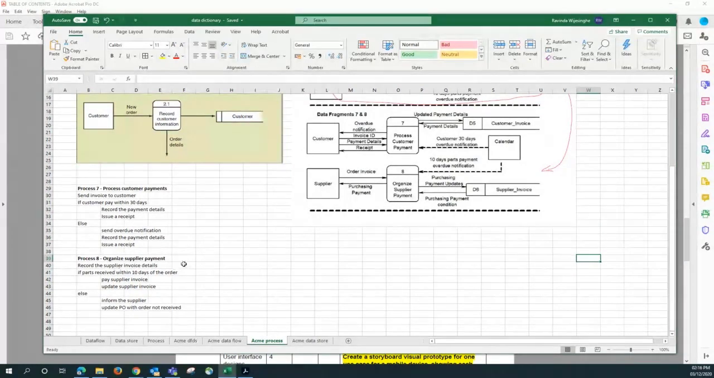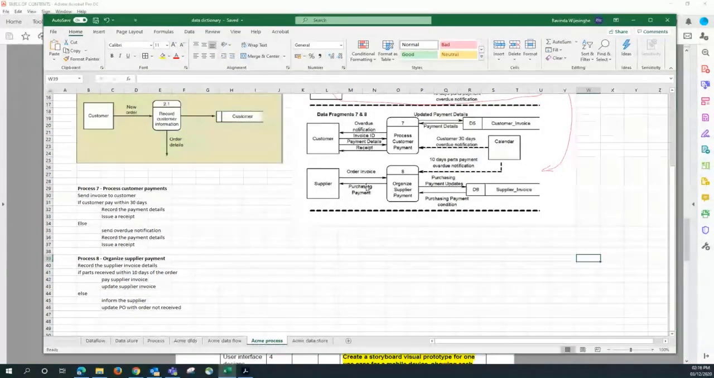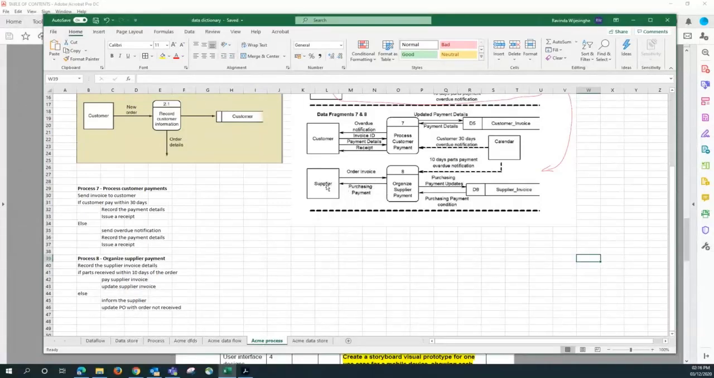So process 8 is organize supply payment, right? So you can see here purchasing payment or order invoice. So that means once the supplier sends the order, we are getting the invoice, right? And the physical goods will come later on, isn't it? And then we need to pay the supplier, okay? But if you read the case study,